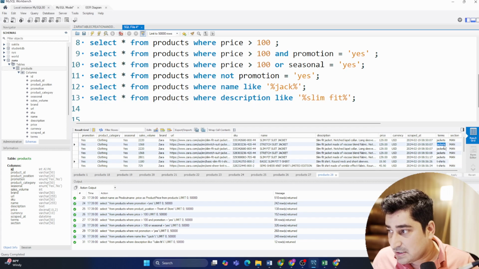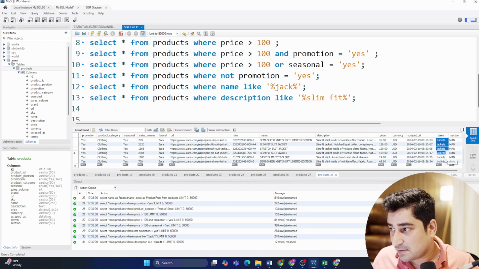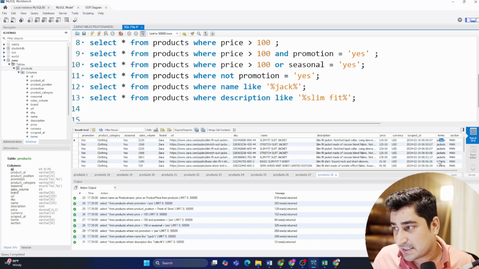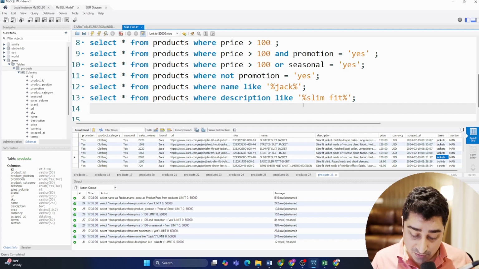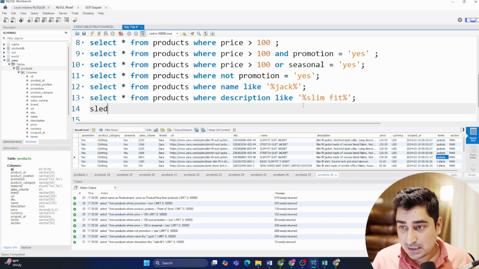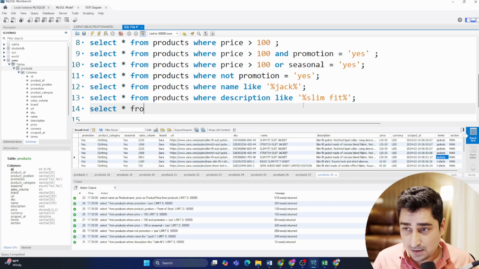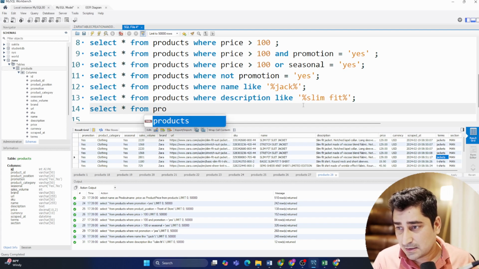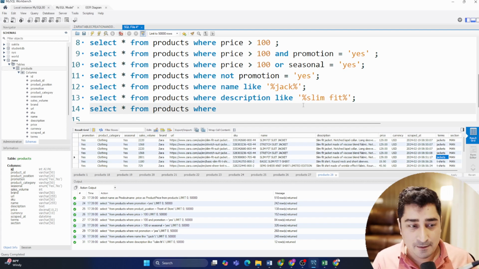Even like a terms column, jacket and t-shirt. So maybe I can filter all the jackets and t-shirts out together. This is what I'm talking about. Okay, let's do it. So select star from this product table where